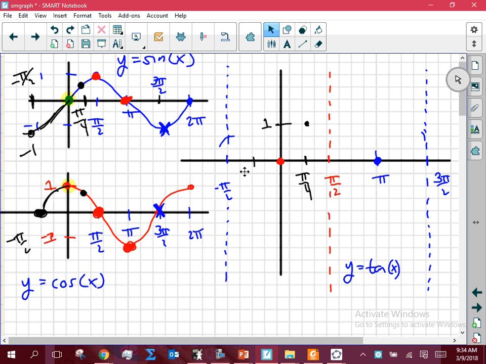At negative pi over 4, okay, negative pi over 4, so that'd be right here. That's going to be negative radical 2 over 2. And that's going to be positive radical 2 over 2, right? So what's a negative divided by positive? A negative. So there would be -1. And those are the 3 points that are essential for us for graphing the tangent function. But it's 5 things total if we incorporate knowing the locations of the asymptotes. We'll connect those